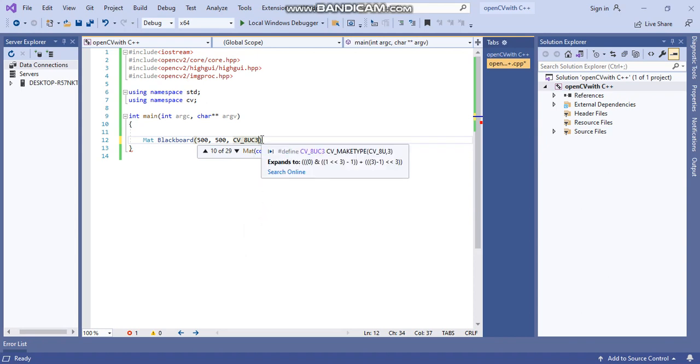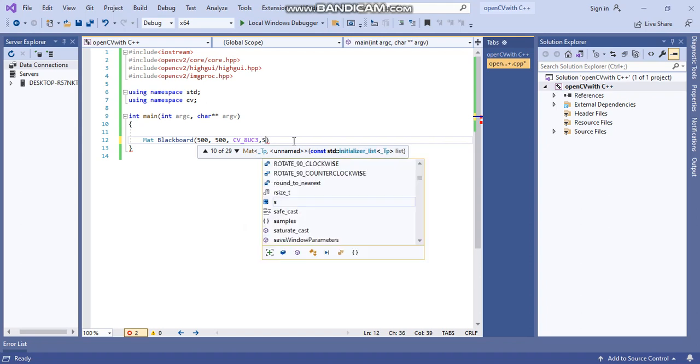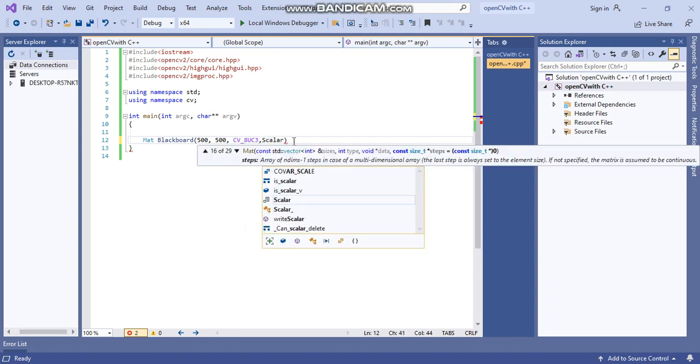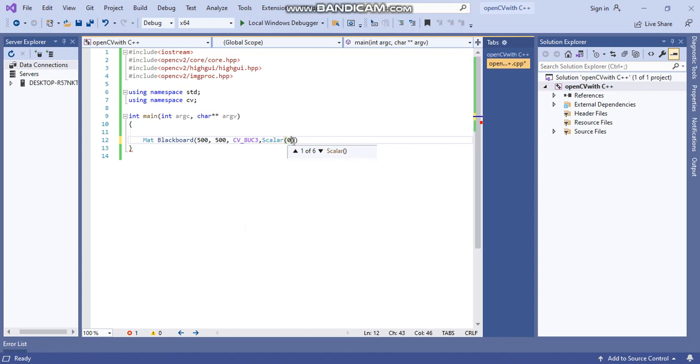Take this type and then write the color. For color the type is Scalar, and for blackboard put 0 0 0. Now our matrix blackboard is ready.